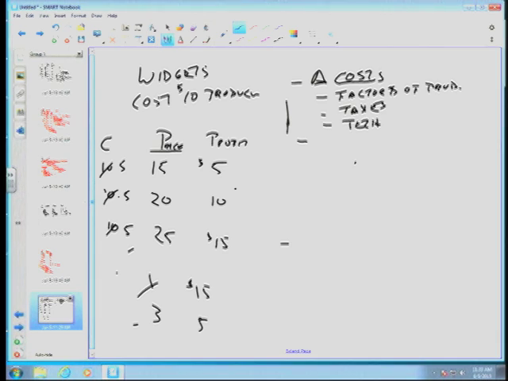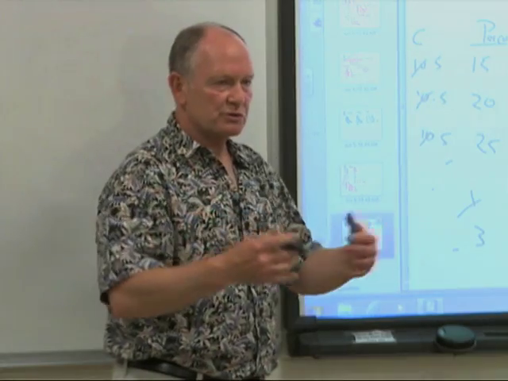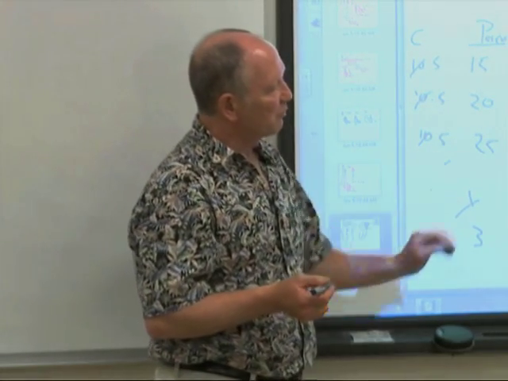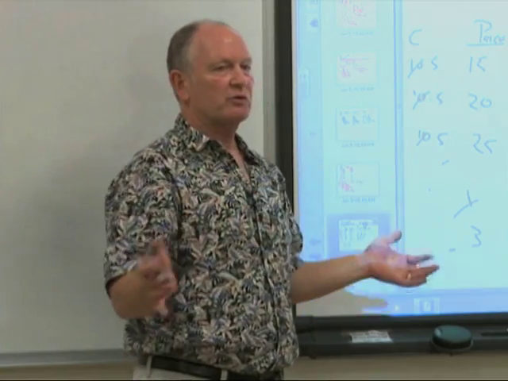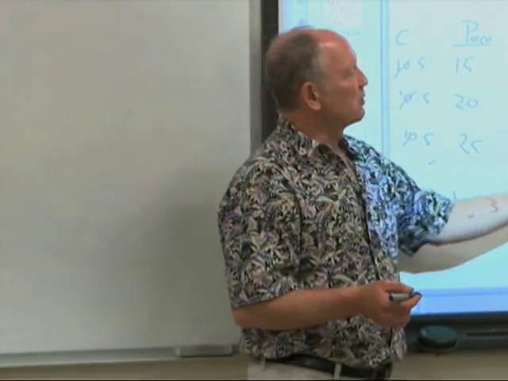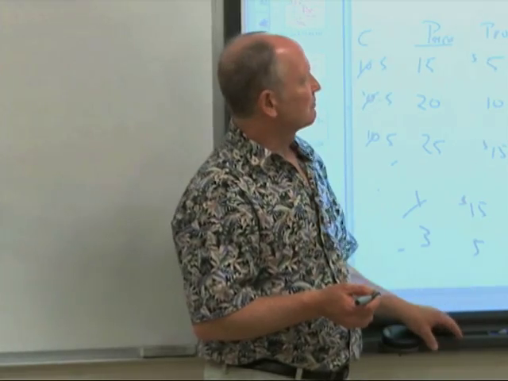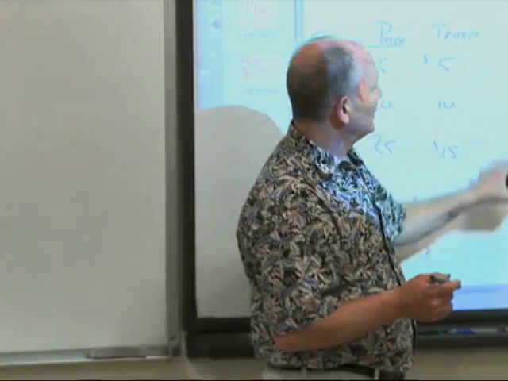What else? Numbers of suppliers. If this represents 5 companies and we get 10 companies, at every possible price there'll be more production. So increases in the number of producers, at every possible price, more will be produced. If a bunch of factories shut down, at every possible price, less will be produced. And finally,